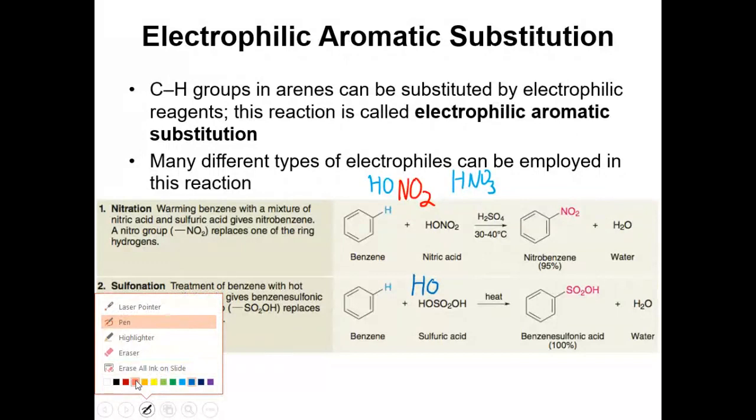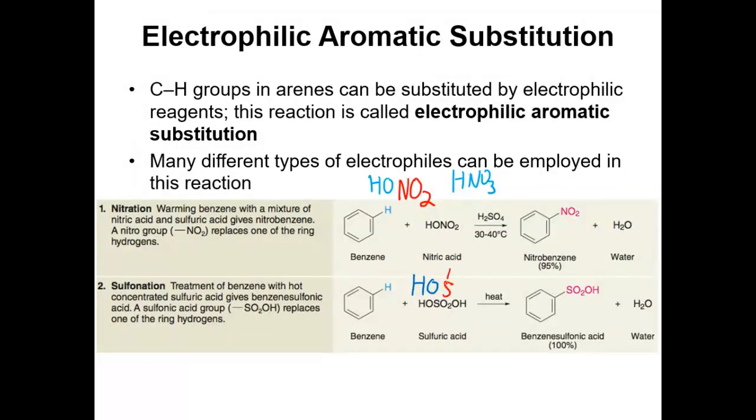So this remaining part is electrophilic. In the reaction, the electrophilic part replaces hydrogen on the benzene, and then the hydrogen that was replaced combines with the nucleophilic part to give you the other product. Any questions to this point?